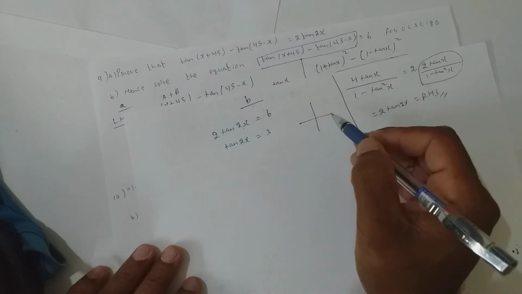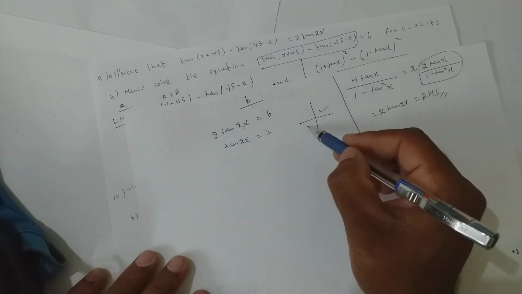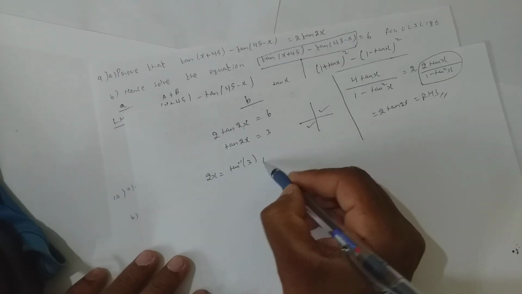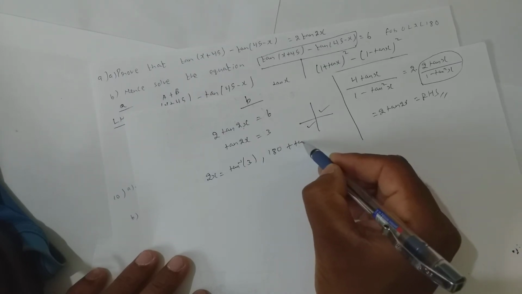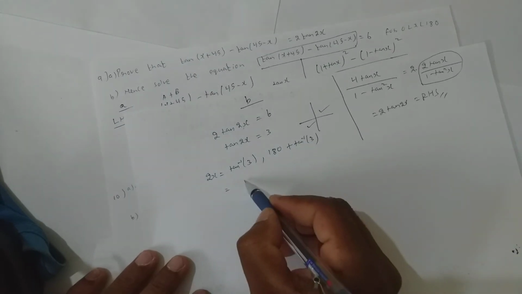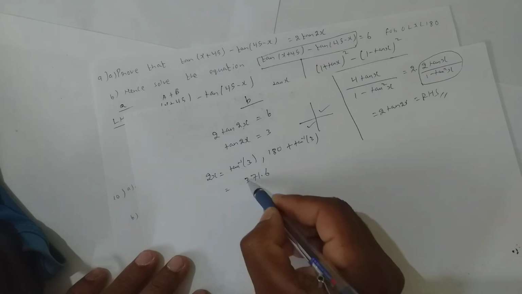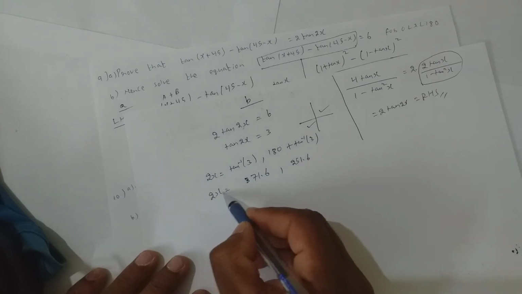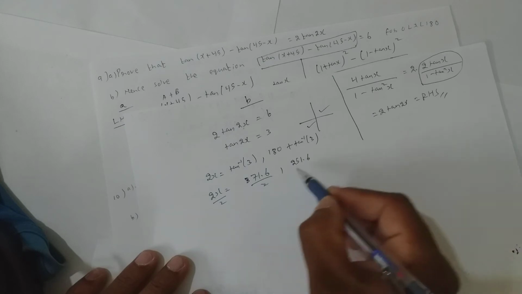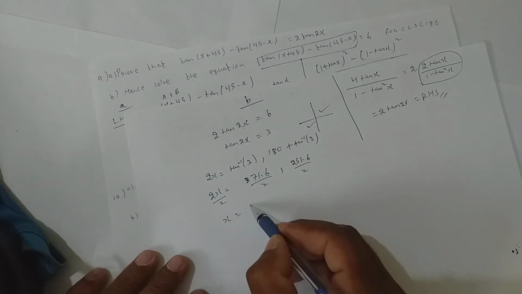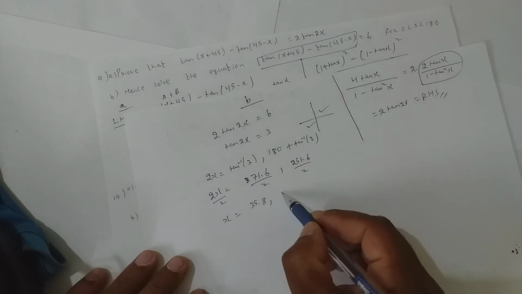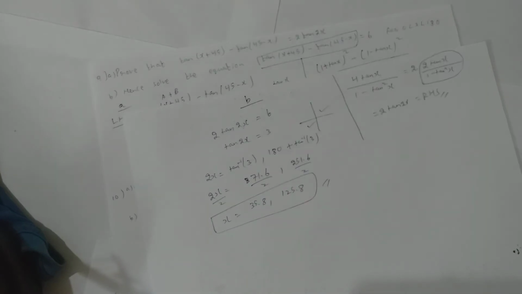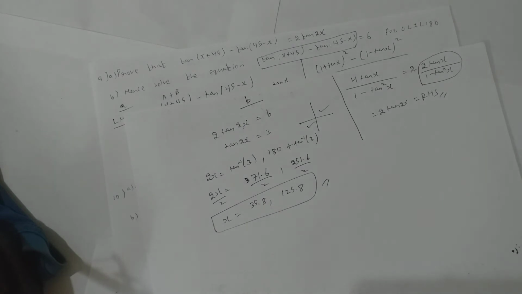It's positive. Where all do I get positive? First and third. So 2x equals tan inverse 3 or else 180 plus tan inverse 3. Tan inverse 3 is 71.6 and 180 plus that is 251.6. These are 2x values. To get the x values you need to divide each by 2. So x equals 35.8 and the other one is 125.8. So these are the two values of x which I got. Am I clear?